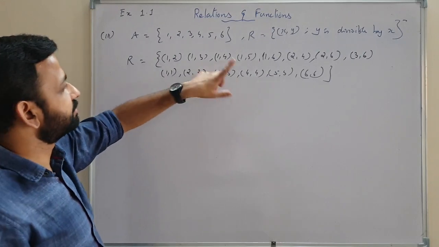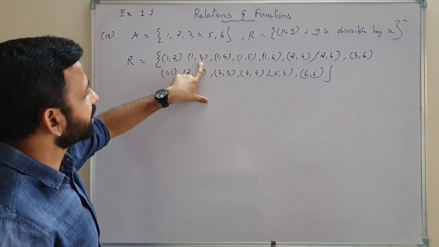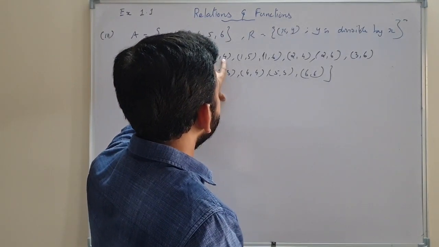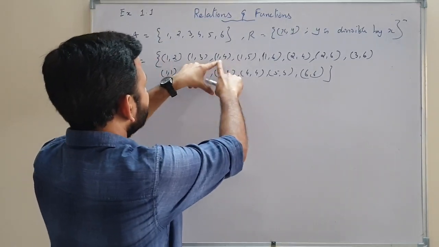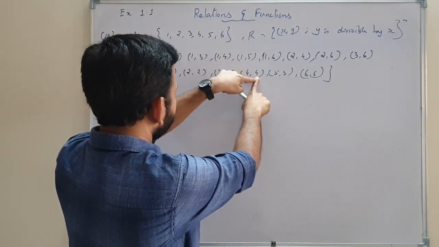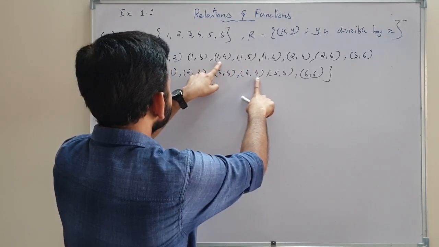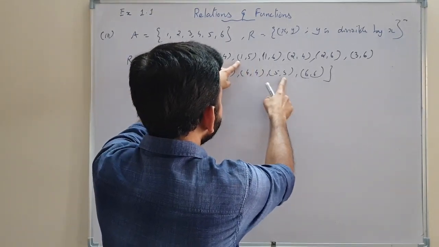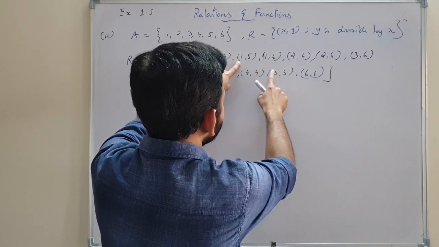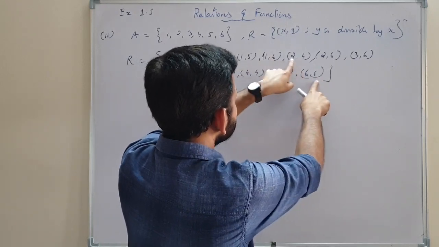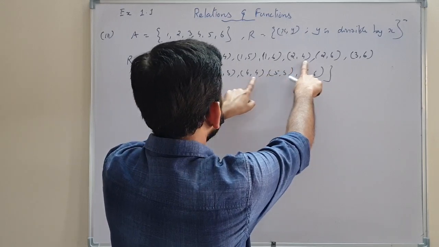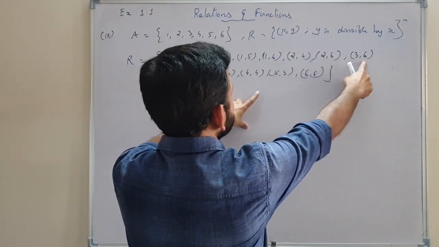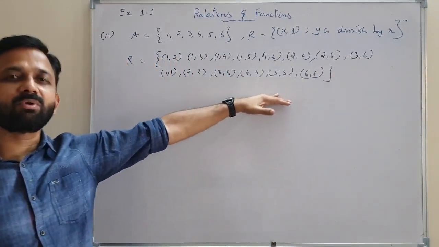Then transitive. (1, 3): the second pair we don't have. Then (1, 4): any element starting with 4? Yes, (4, 4). Then (1, 4) is the same, satisfying. Then (1, 2), then (2, 2), then (1, 2), satisfying. (1, 5), (5, 5), (1, 5) is there. (1, 6), then (6, 6), then (1, 6) is there. (2, 4), starting with 4, (4, 4), then (2, 4). (2, 6), (6, 6), (2, 6), (3, 6). So we cannot contradict the transitive property here.